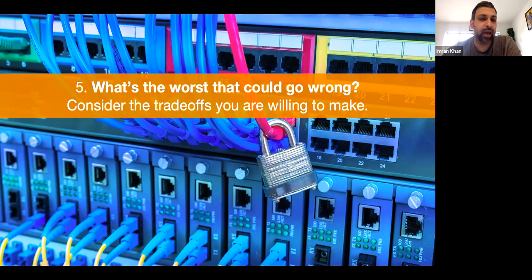And then again, consider the trade-offs. Always think about what's the worst that could go wrong, and start there. Think about how your open data might exacerbate some type of inequity or inequality. Are there other things that could potentially come out of the use of open data for whatever data project you're working on that may be more nefarious than good? We all work with open data with the intention that we're hopefully moving towards some project that would hope to accomplish some sort of social good or public good. But always think about what could potentially go wrong.